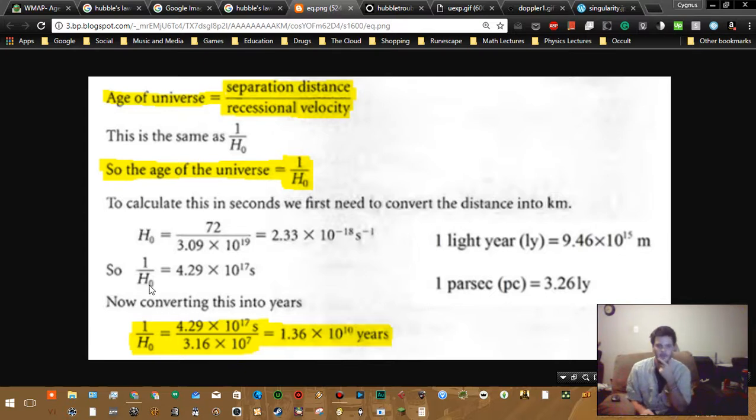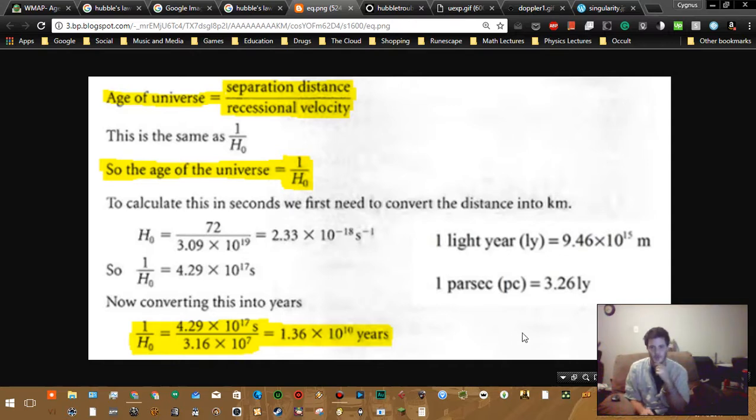Convert the amount of seconds that we just mentioned there into years, and then you get this value, 1.36 times 10 to the 10. 10 to the 10 is the tens of billions. 10 to the 9 is 1 single billion. 1 times 10 to the 9th power is 1 billion. So basically that means you move the decimal point from the 1 to behind the 3, and then call that unit tens of billions of years. That's how exponential numbers work. So we have 13.6 times 10 to the 10 billion years.